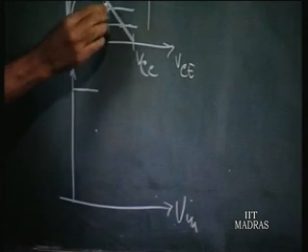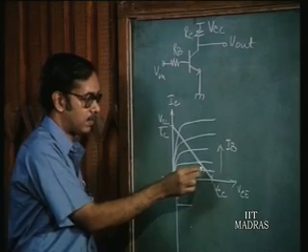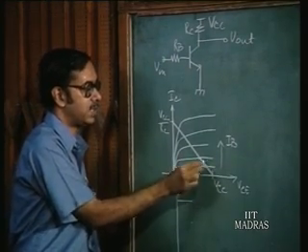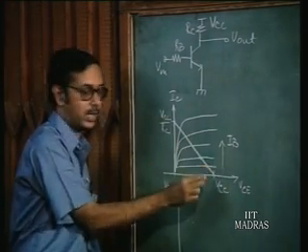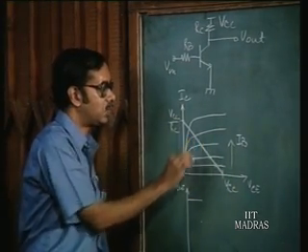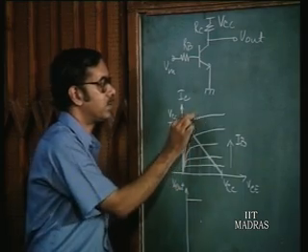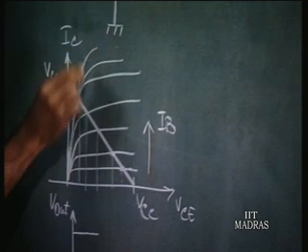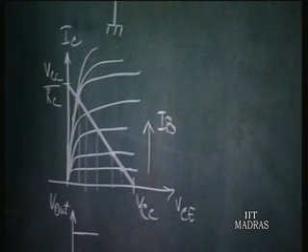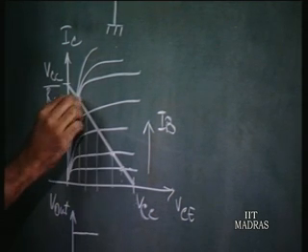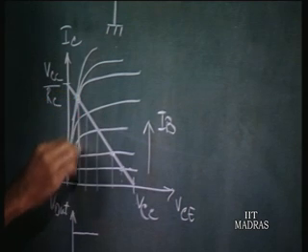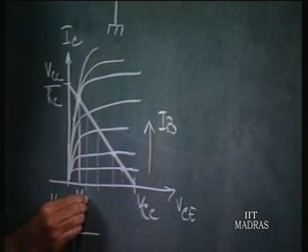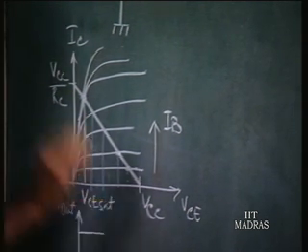The operating point is given by the point of intersection of this output characteristics and the load line. So, VCE drops, the output voltage drops till finally it comes to this point, where afterwards if you go on increasing the base current, the collector current is almost constant, and so we say that the collector current has saturated. Once it reaches this point, this value is called VCE sat,